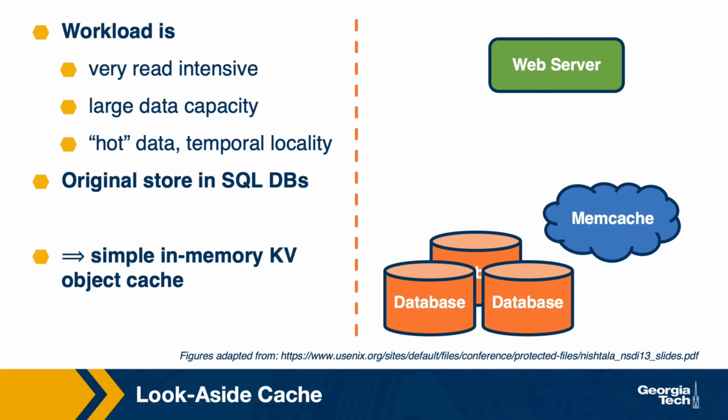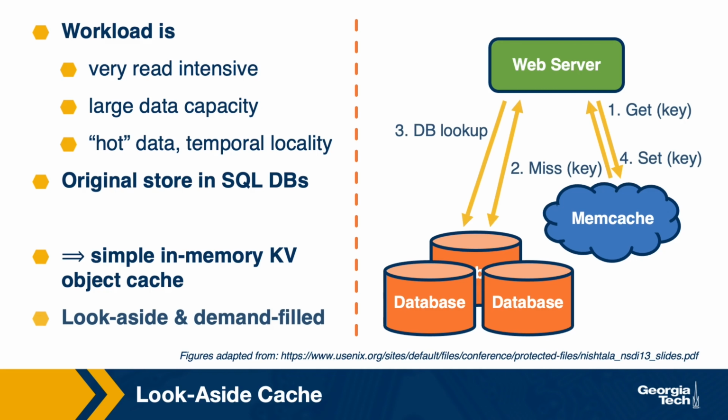The design of Memcache makes two decisions. The first one is to use an in-memory cache that is designed in a fairly simple manner, so it can respond to queries really quickly, and it can support, therefore, a large number of requests. It can be efficient in terms of the capacity, the amount of memory that's allocated to this Memcached component, so that much more data can be ultimately stored in memory. To achieve this, Memcached is a very simple in-memory object store, and the cache components of the Memcache architecture are called Memcached.